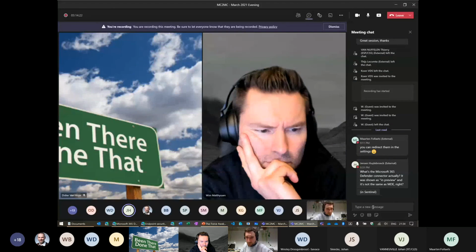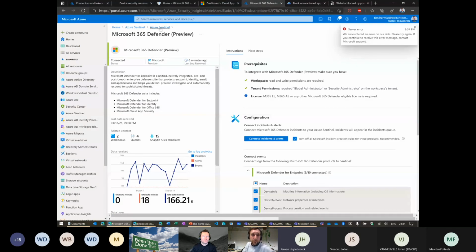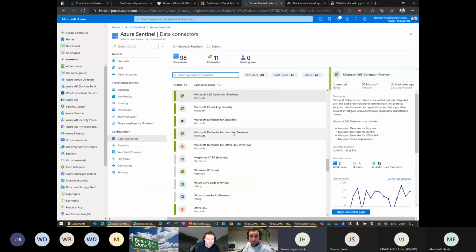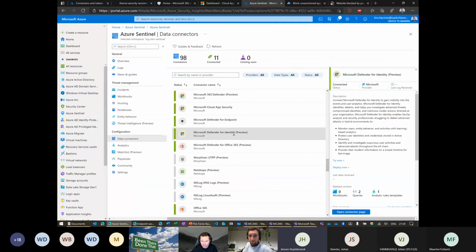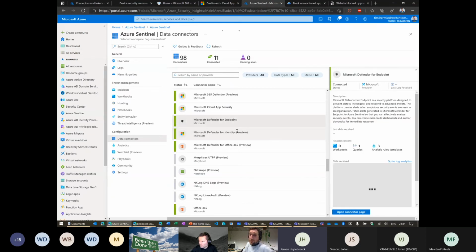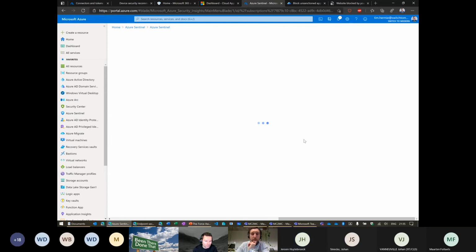Yeah, well, I saw that there was a separate connector, Defender for Endpoint, and then there's this one, Defender for Identity. Yes, so there's like many different. So this will replace the general one on top. The 365 Defender will replace the other one. I can't say that, but I think they will bundle them all together. Yeah, it seems like that because you saw it in the side blade. You saw the check marks that were available. It's true. You have a point.